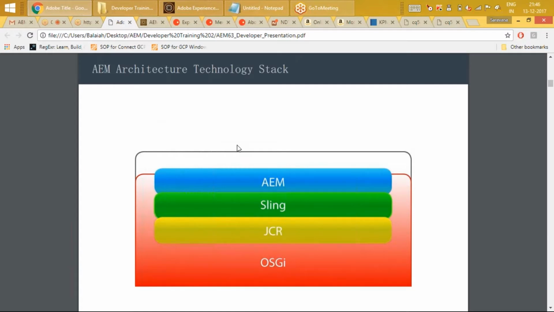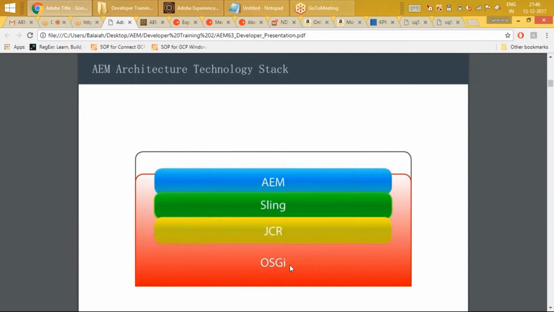Like, what are the different layers? What are the different technologies that AEM is made of? Or how is an AEM-based website running? Okay, so how is AEM working? So some of these questions, this one slide answers. If you guys remember these 4 terms, it's more than enough. This covers exclusively all of the technology that AEM is running with.